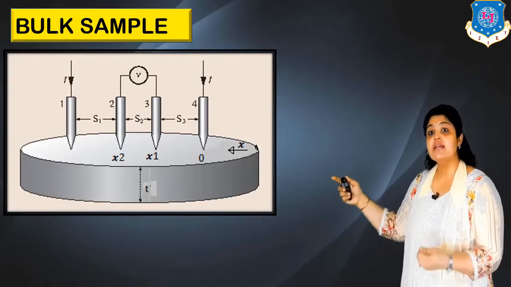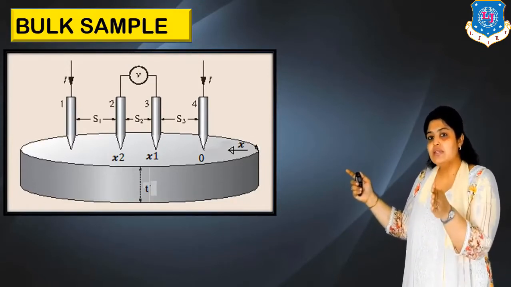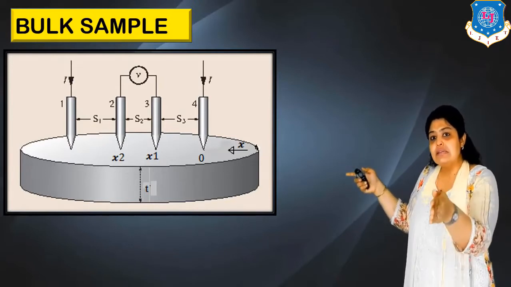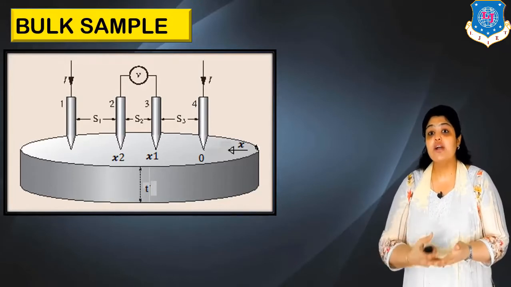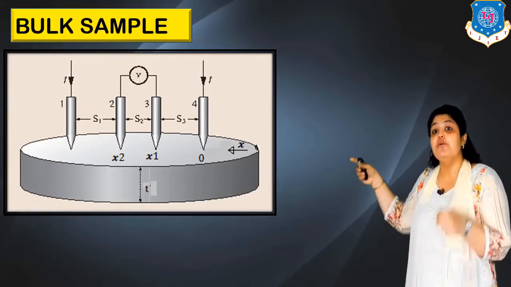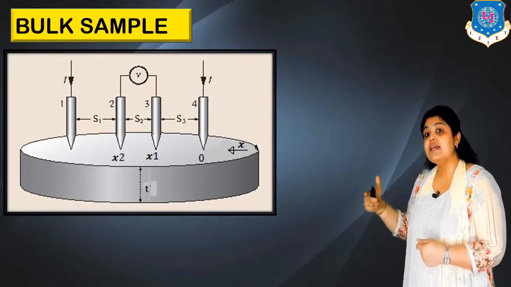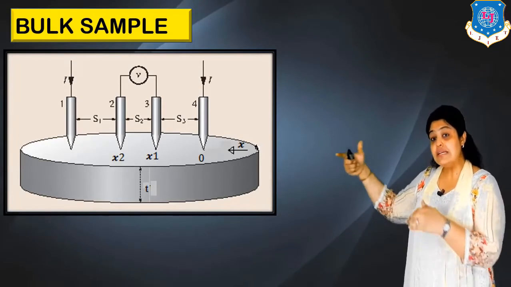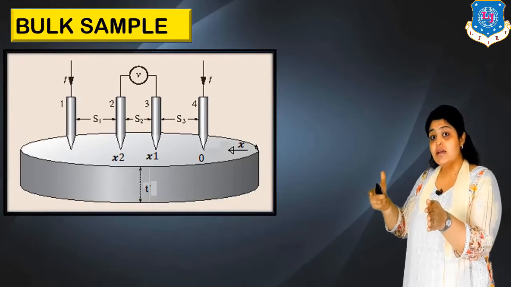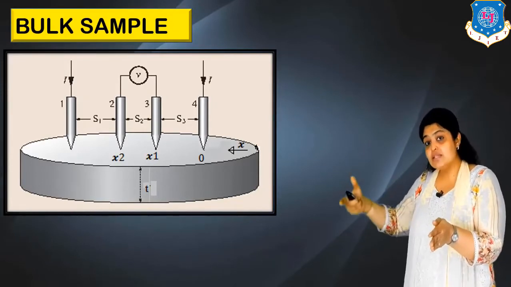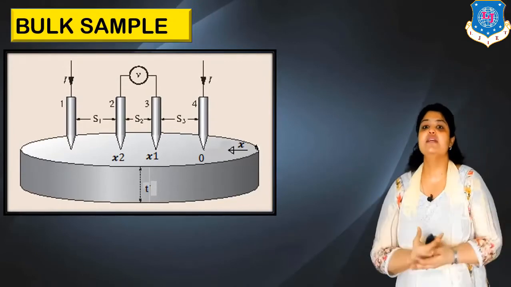Next, what I have done is, I have just assumed an x-axis and I have labeled probe number 4 as 0, corresponding to this x-axis 3 as x1 and 2 as x2. Why have I done this? Because we are going to measure the potential difference between x1 and x2. So according to this assumption, the distance of probe number 3 on the x-axis is s, but the distance of probe number 2, that is x2, is s plus s, which gives us 2s.